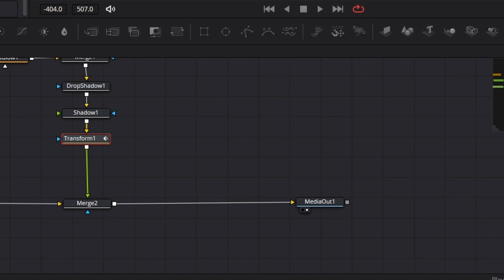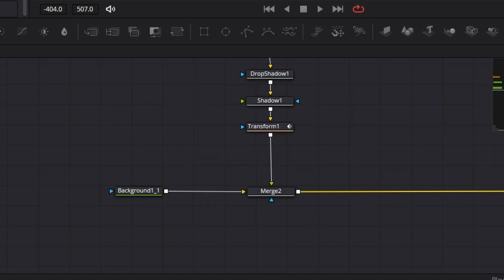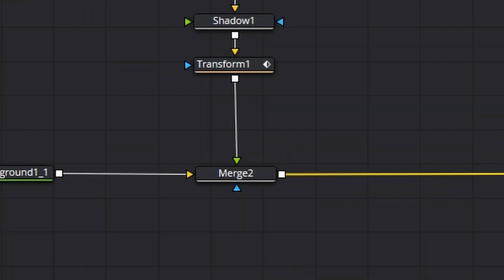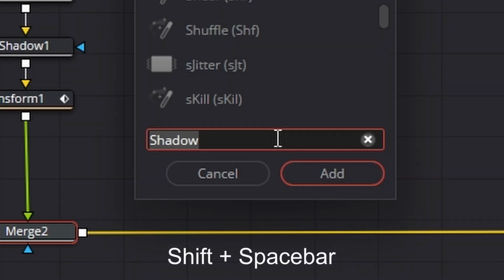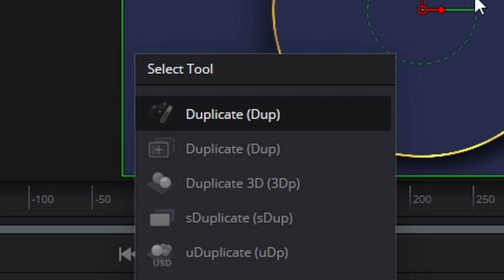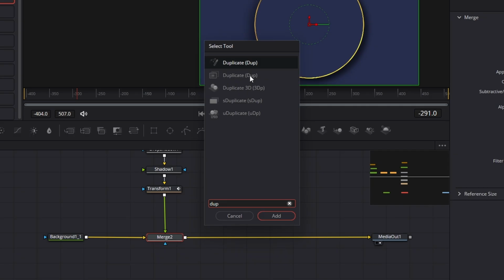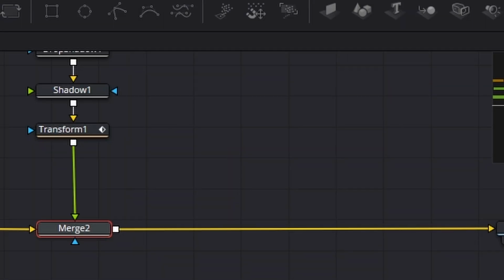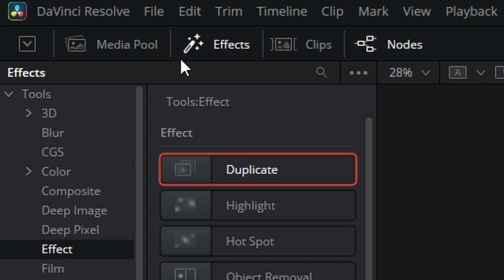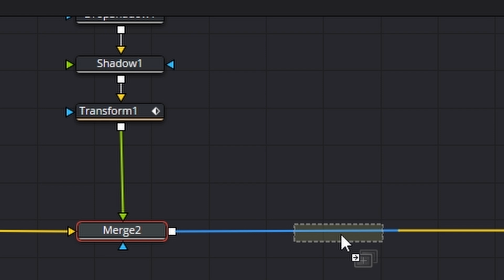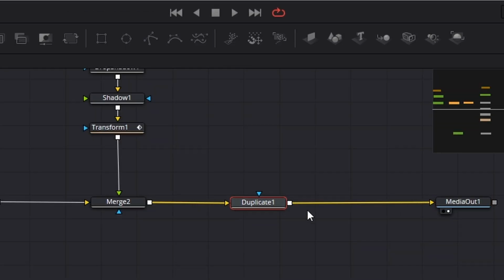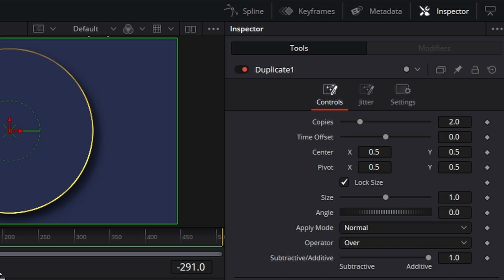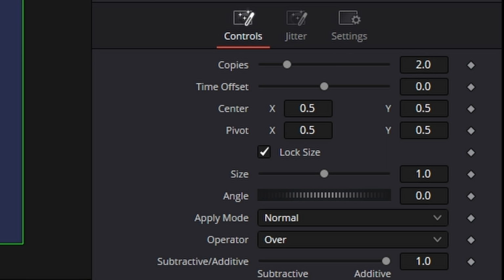Now to create the duplicate circles, I use something called a duplicate node. And if we click on the merge and go Shift Spacebar, type in DUP, it'll come up here. Now for some unknown reason, the duplicate in my system is not the right one. So I actually grab it from the effects under the effects panel here and just drag it in and put it in like so. Now, when we click on that, it says that we have 2 copies, which we do,